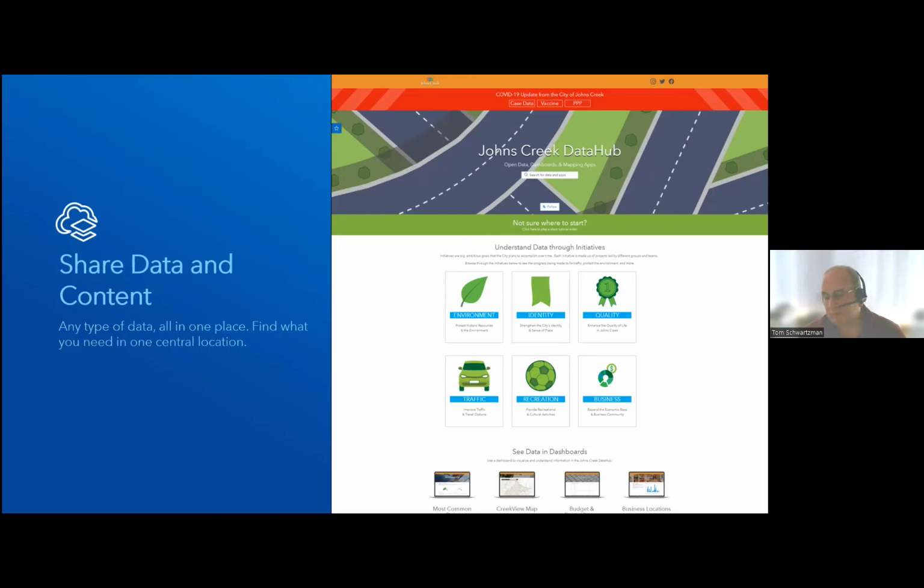You can customize how it looks and feels and what categories you have. You can see a simple example here from Johns Creek with a bunch of icons around different types of data, and also some dashboards and apps that they've highlighted. So this is, I won't say a simple use case, but a common use case that Hub enables, this idea of sharing data and content.